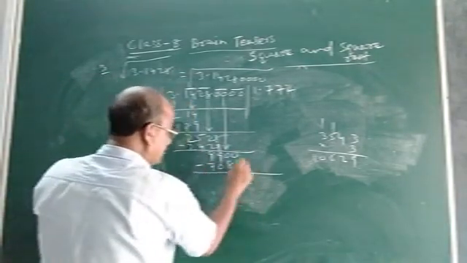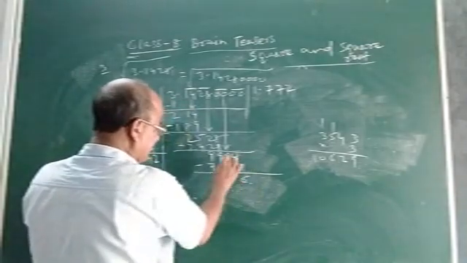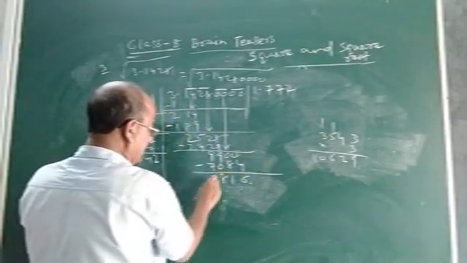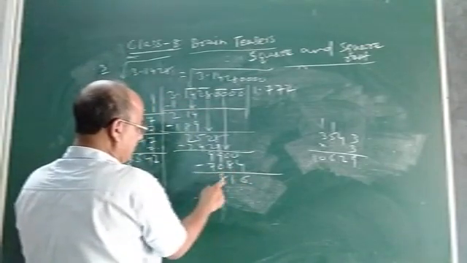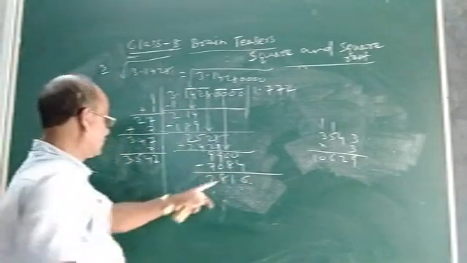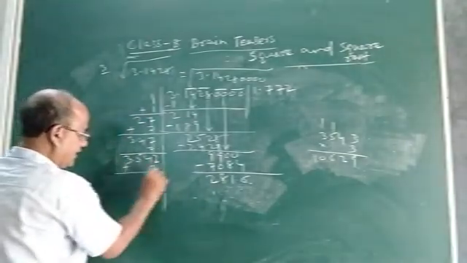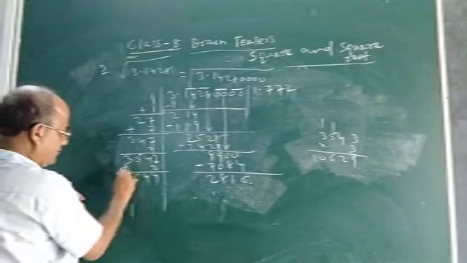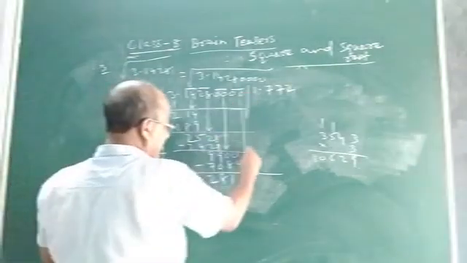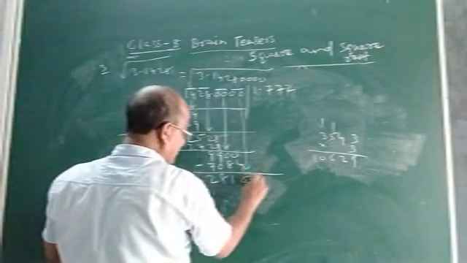So subtract: 10 minus 4 is 6, 9 minus 8 is 1, 8 minus 0 is 8. Now you add 2, okay, this will be 4, 4, 5, 3. Now you bring down the last period, that is 0, 0.